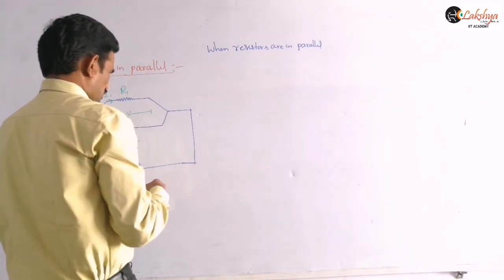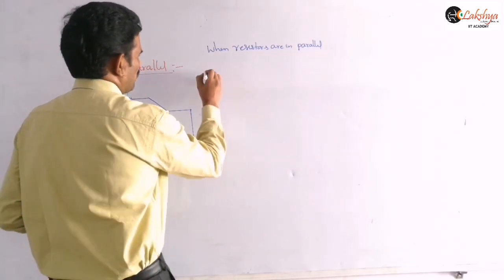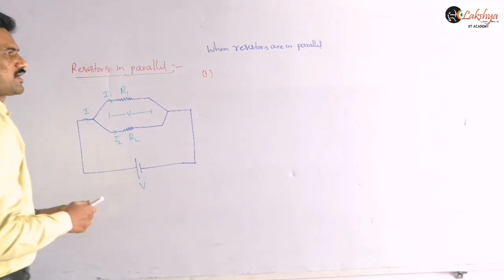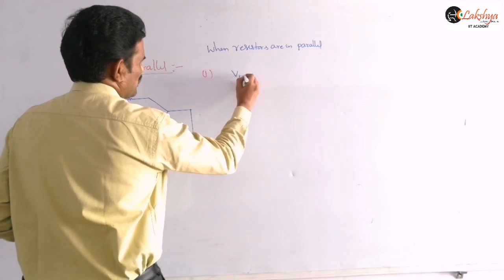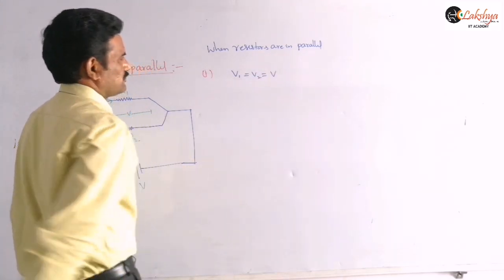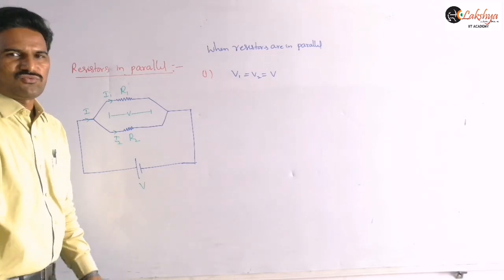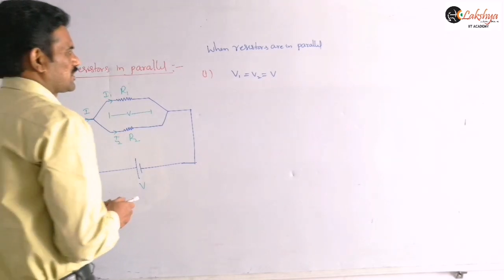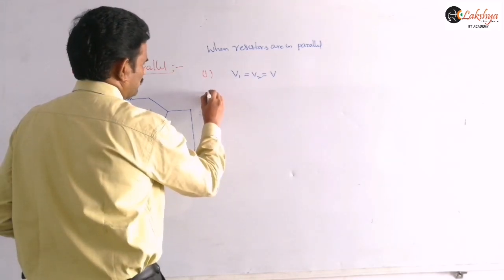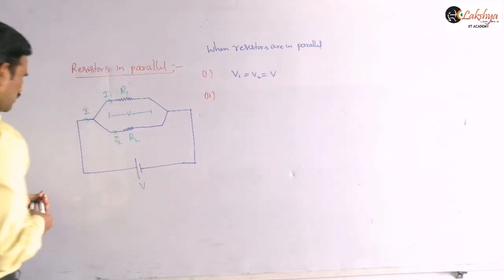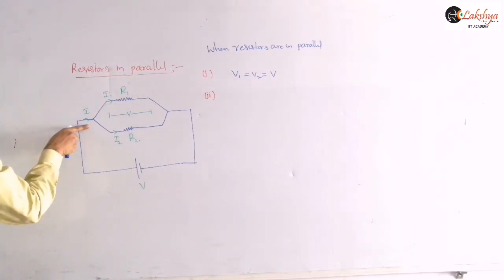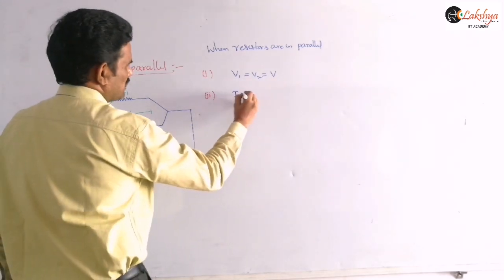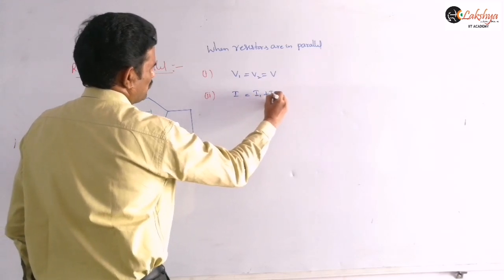right? And so now let us mention some points like our previous conditions there. So I can write this as, when resistors are in parallel, potential difference across them will be same. So V1 is equal to V2 is equal to V. So it is a potential difference there. And the second point we can write is the total current flowing through that combination. So the total current is I, now it is dividing into I1 and I2. And so the total current we can express as I is equal to I1 plus I2.